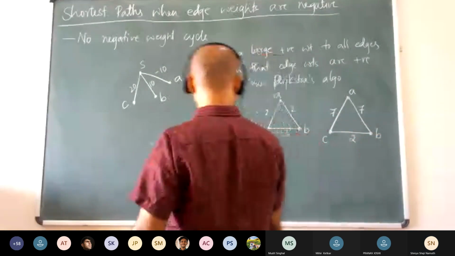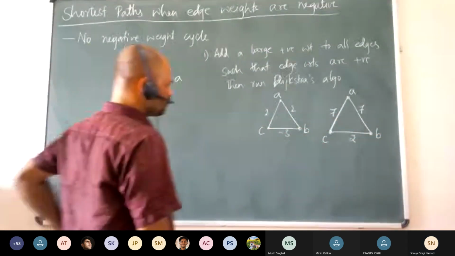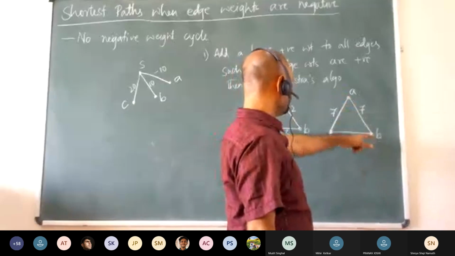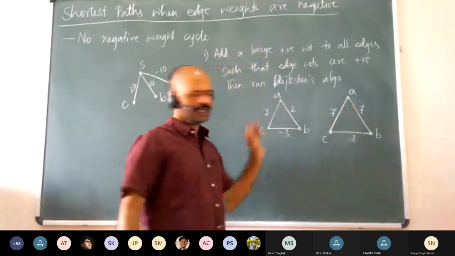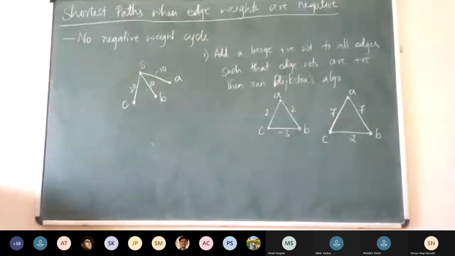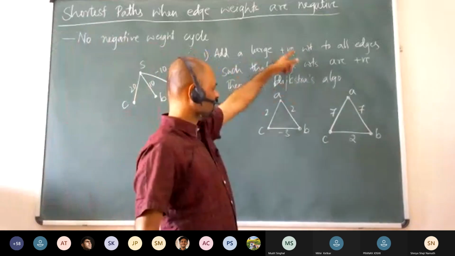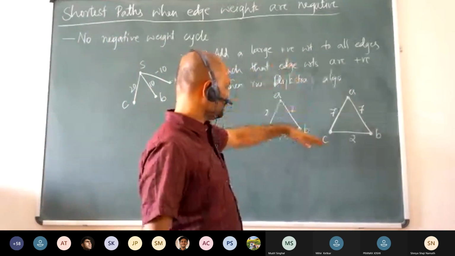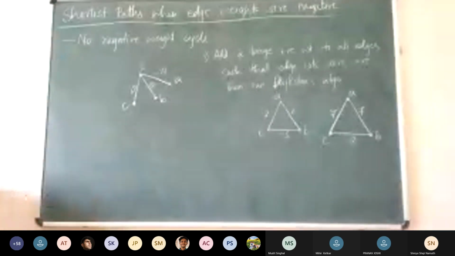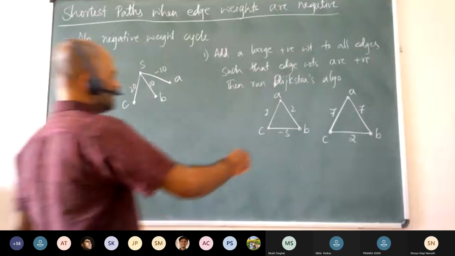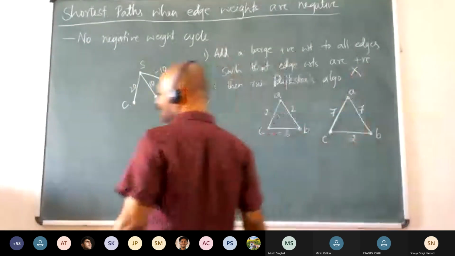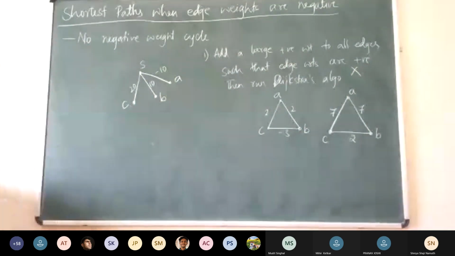that's wrong. The shortest paths it would choose would be A to B and A to C, which is wrong, right? It should have been A to B via C and A to C via B, right? So yeah, adding this does not work. If you simply add it, you will not get the right shortest paths. That's wonderful, Shreya. Okay, so this is not the right way of doing it. This doesn't work once there are negative weights. Cool.